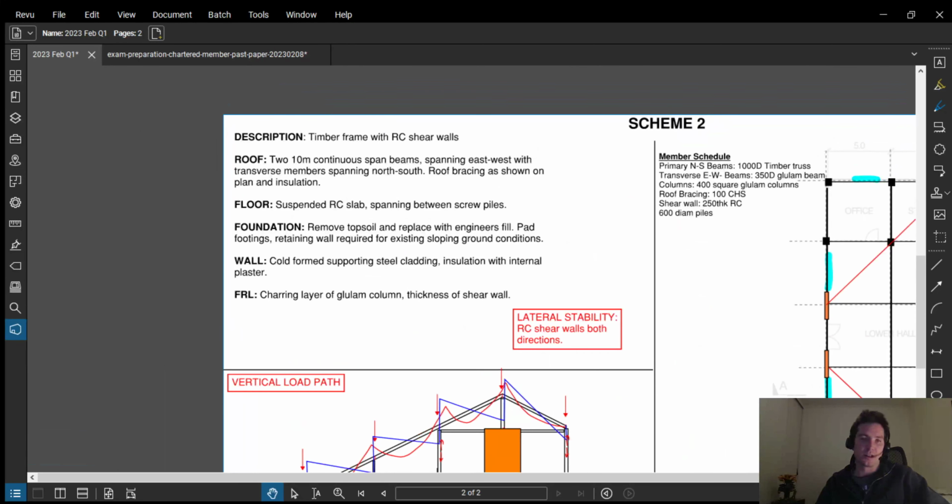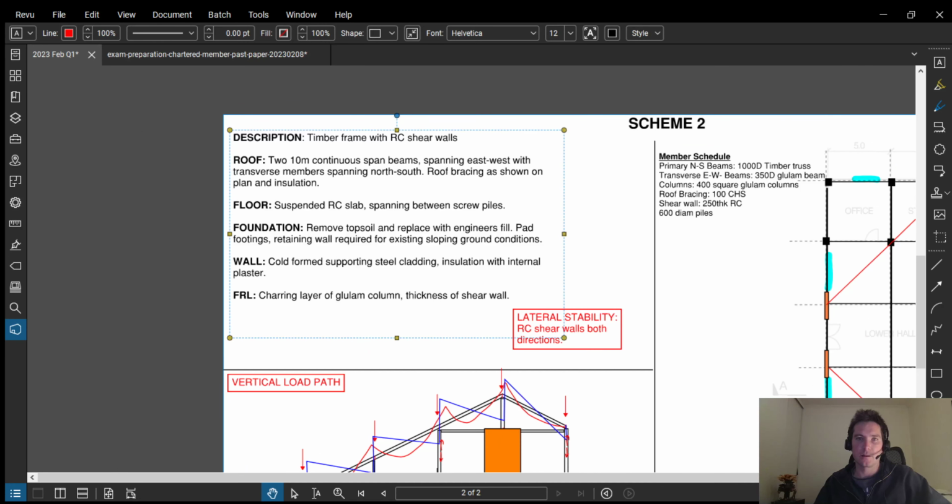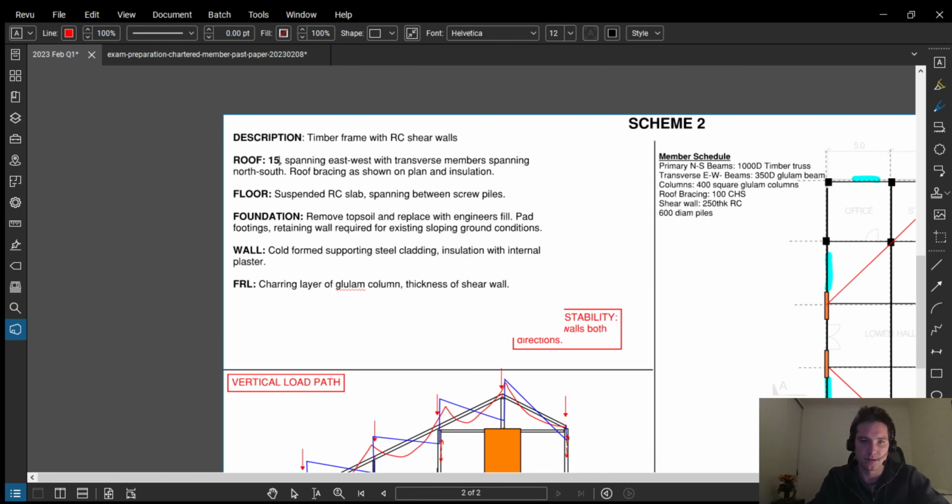So just as we did for Scheme 1, I talk about the critical elements. So here I talk a bit about the roof, the fact it's different members spanning a different direction. I actually need to update that. That was copied and pasted. So that is 15 meter span north-south. Anyway,